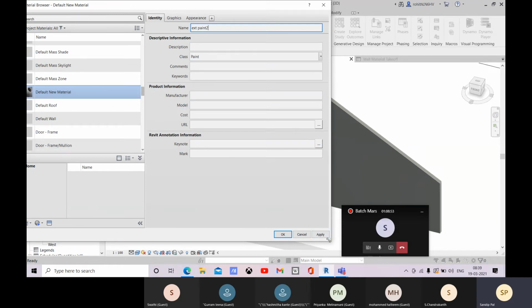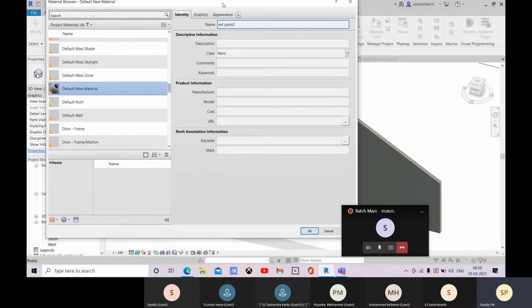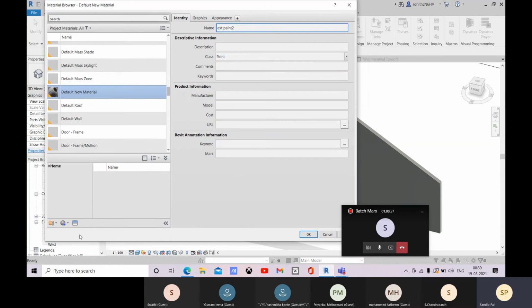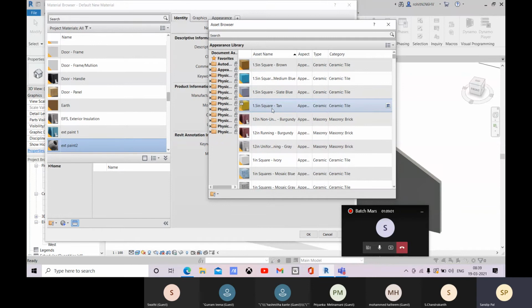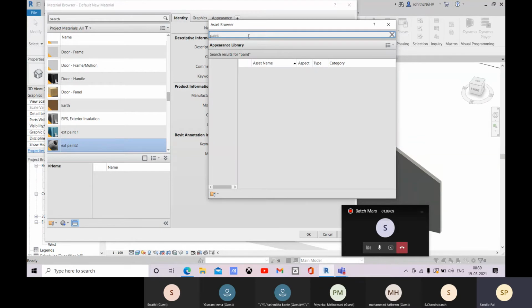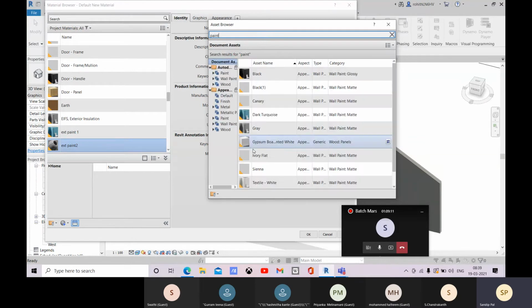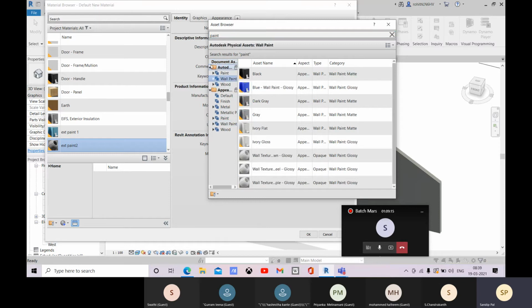This is how you can create any kind of material there, and after that you come to this asset library. So you can easily add all these properties as per your material. So paint is the option, search for it, and then you can come to this paint.